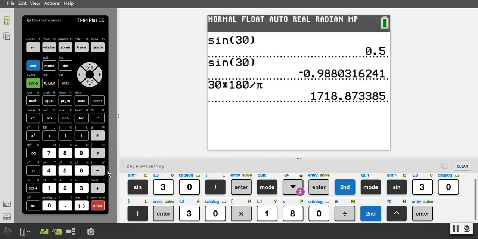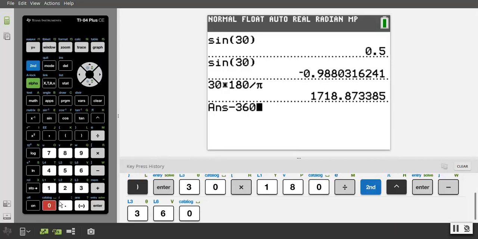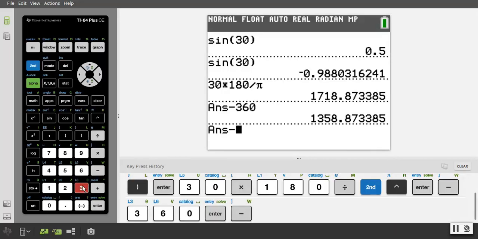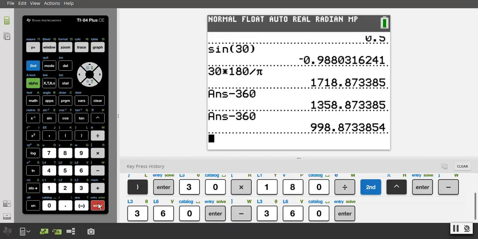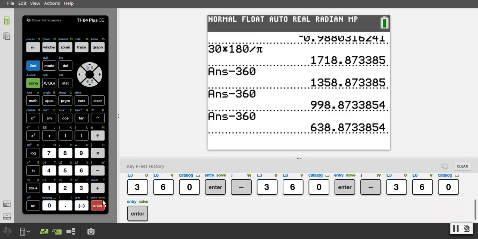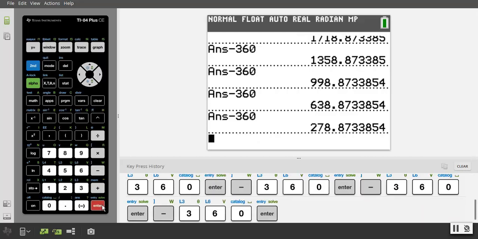Like, you subtract 360, subtract 360, subtract 360 again, and one more time. So 278. So yeah, that is definitely close to 270, which explains why it is so close to -1. In either case, this is just so that you get a clue in terms of what